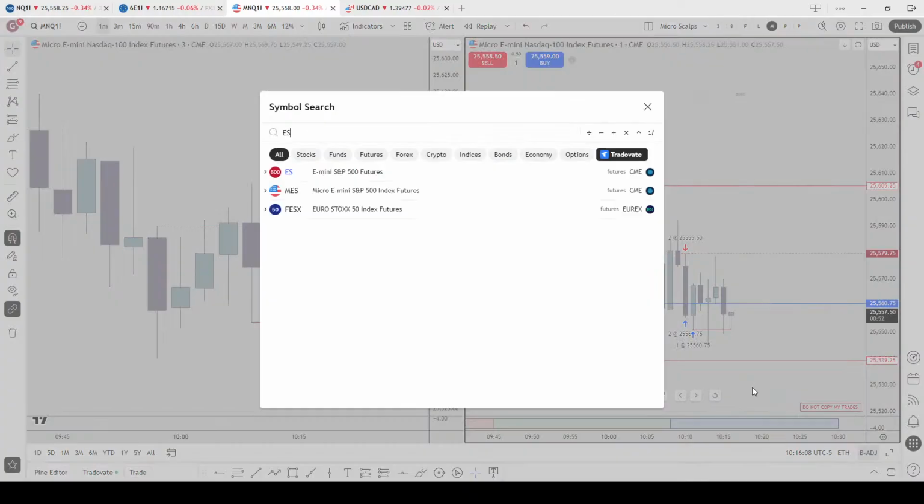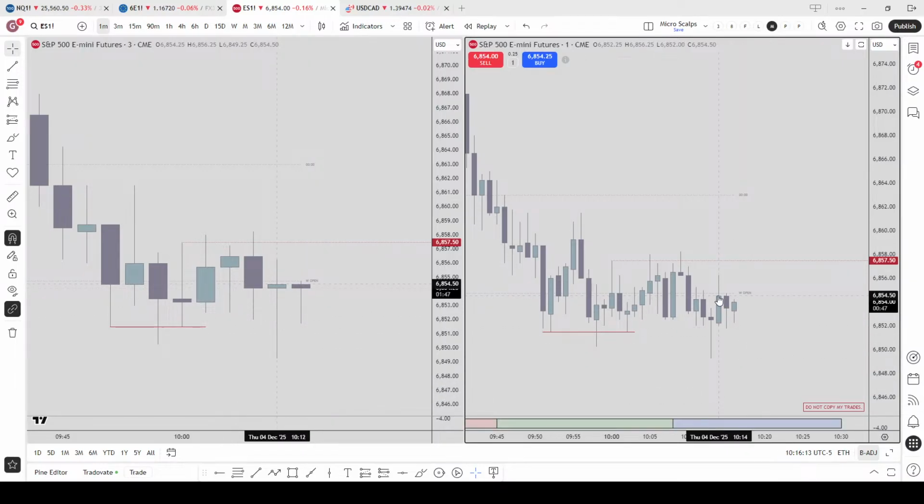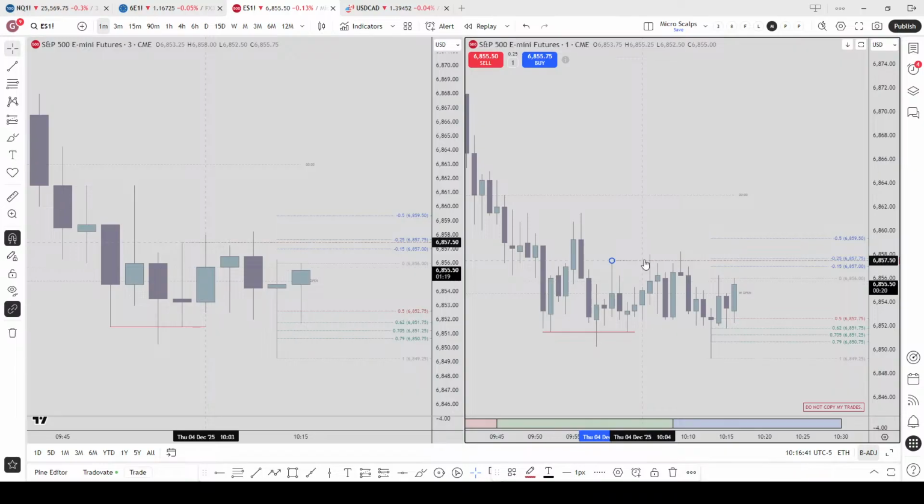Let's look at ES. ES, no CSD yet. We took out a swing high right here. No CSD towards the lows as well. But keep in mind that we are bullish, bullish for a retracement trade. Okay, so ES is printing something here. We'll see if we can close above this high, this candle's high.